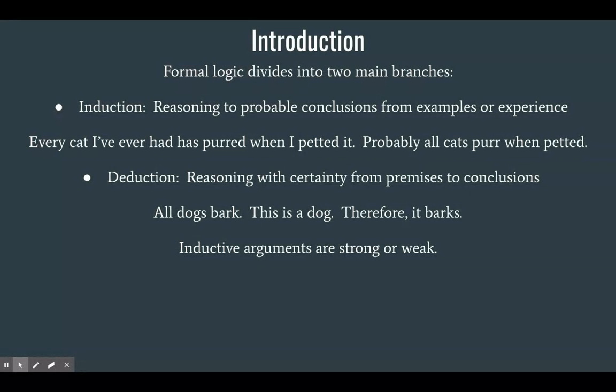Now, when we evaluate deductive arguments, they are either valid or invalid. And validity doesn't mean true. Validity means the form is right. So you could actually have, and we'll get to this by the end of the semester, Lord willing, an argument that has 2 premises and a conclusion, all of which are false, but if the form is right, you would say, well, that argument's valid. So deductive arguments are not strong or weak. They're not right or wrong, true or false. Deductive arguments are valid or invalid.